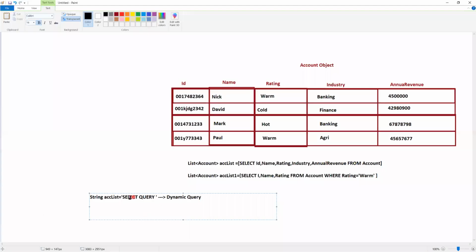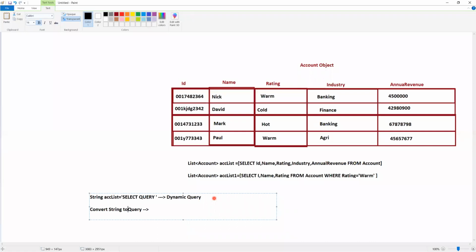Now we are writing the SOQL query within the string. During the runtime, I need to convert this string to the query. If I want to convert this string to the query during the runtime,